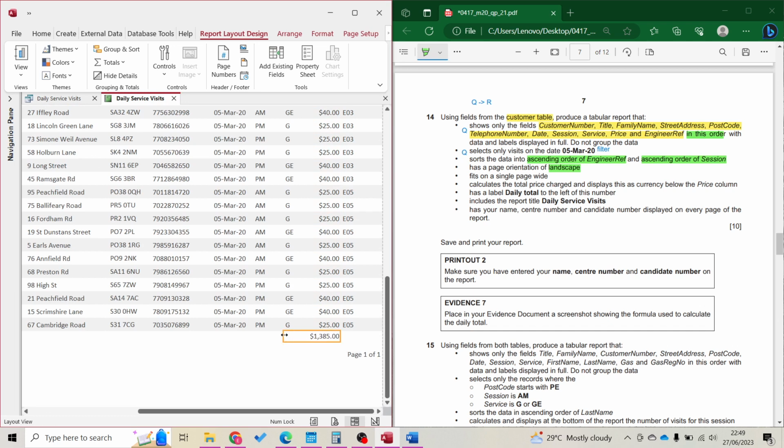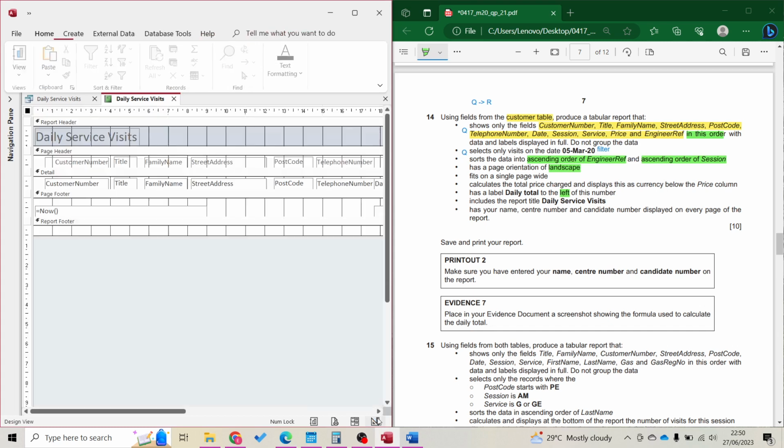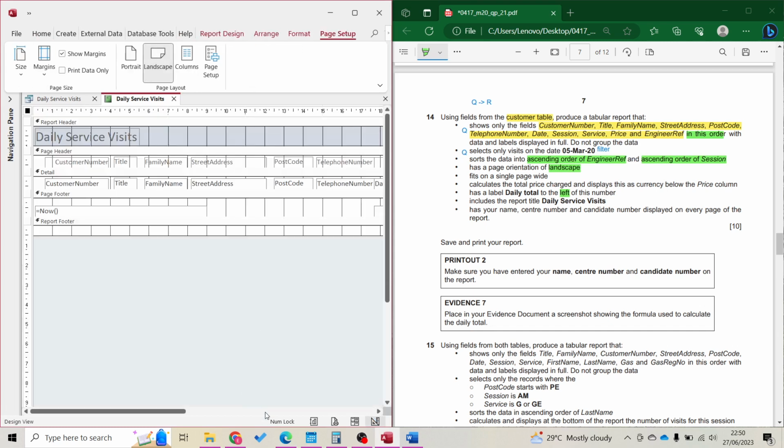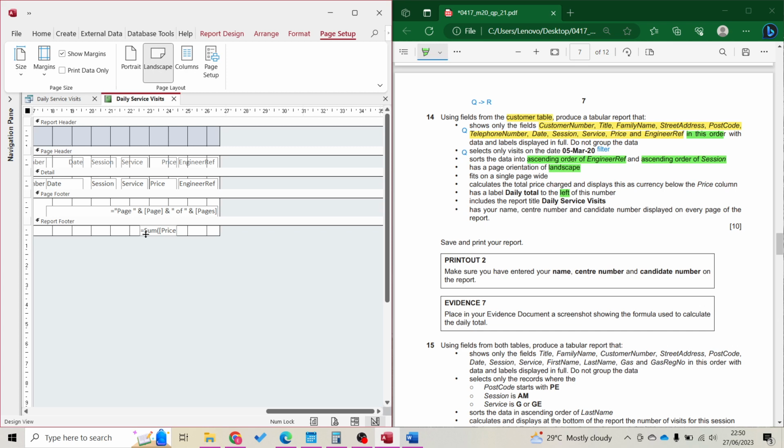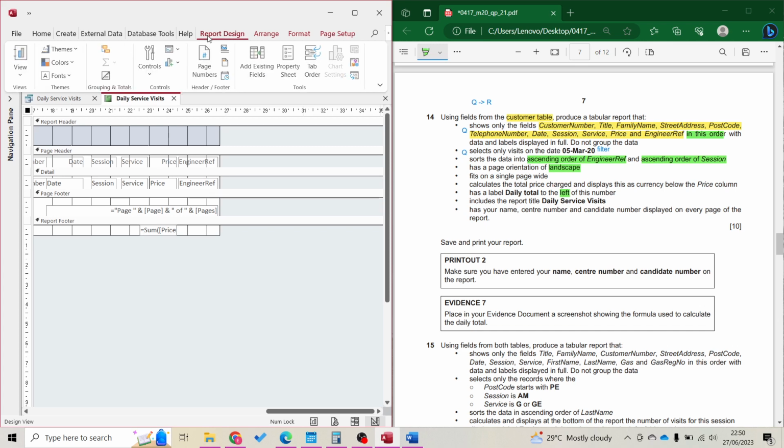Okay, so it will look like this. This is the value. Because it has to display right below the price column, so you need to click on your price, then you press sum. Next, we're gonna add a label on the left. Make sure you know where's your left of the number, of this number. So to be very precise, I'm gonna go to design view. So I'm gonna look for the function. So here, so I'm just gonna draw a label,